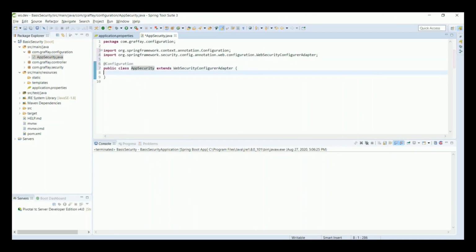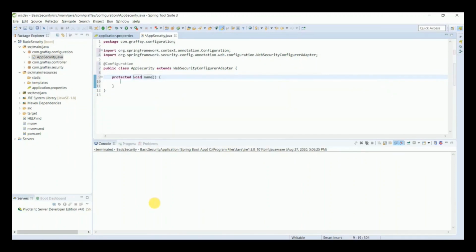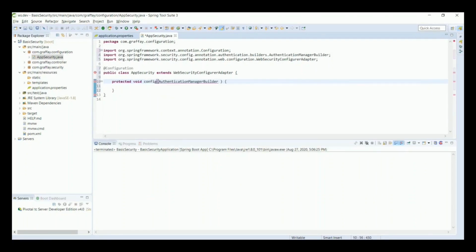We will expose a protected method with the name config. This can be any name, and we will pass AuthenticationManagerBuilder as an argument.